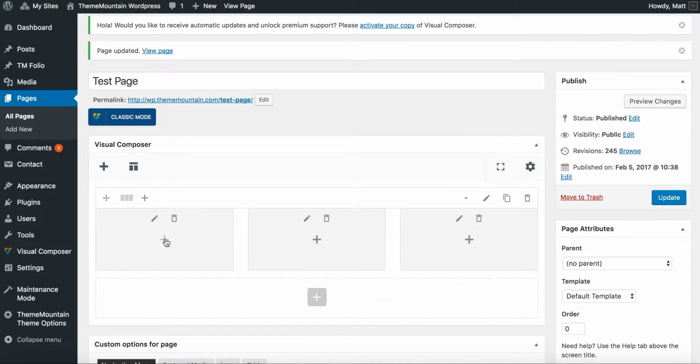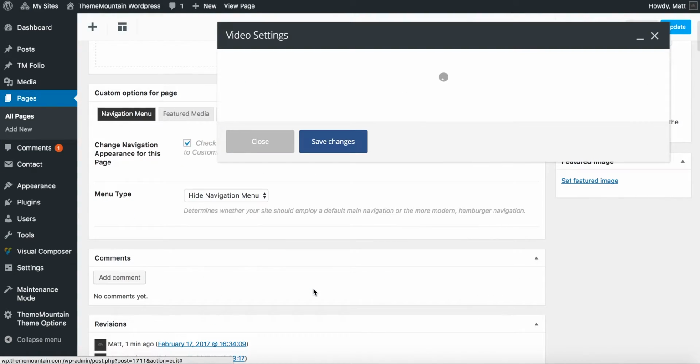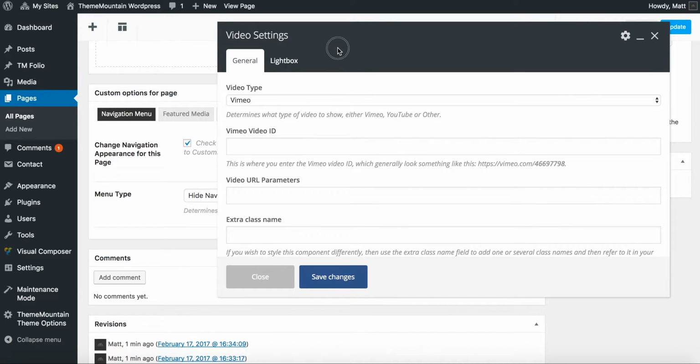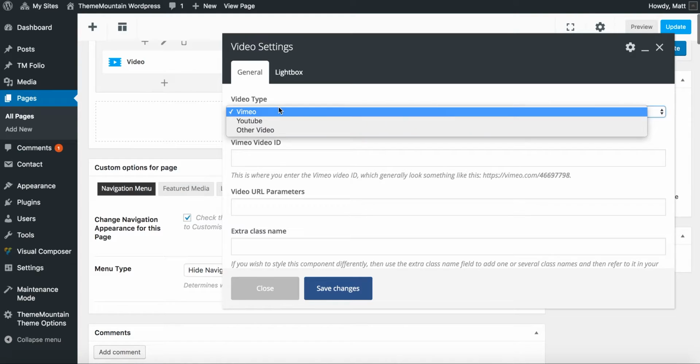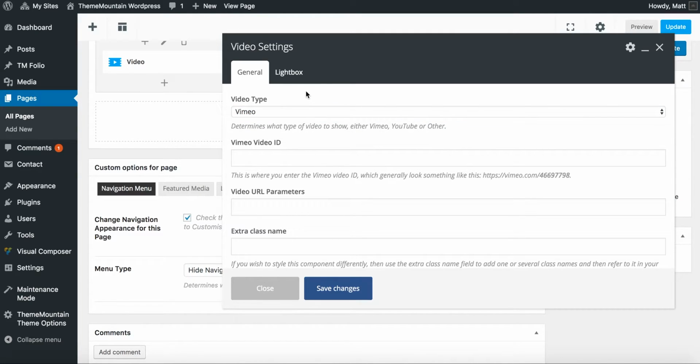So I'm going to start by inserting the video shortcode here. Now when you insert it, you're presented with some options, and the first one is to choose the type of video you want to insert. So I'm just going to leave it to Vimeo, but you could insert YouTube or any other different type of video, for example Dailymotion. So I'm going to leave it to Vimeo, and then I'm going to go ahead and paste the ID of